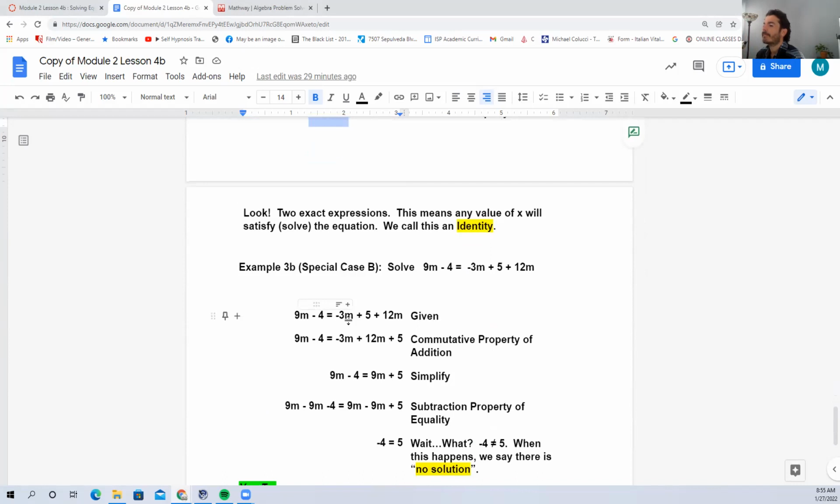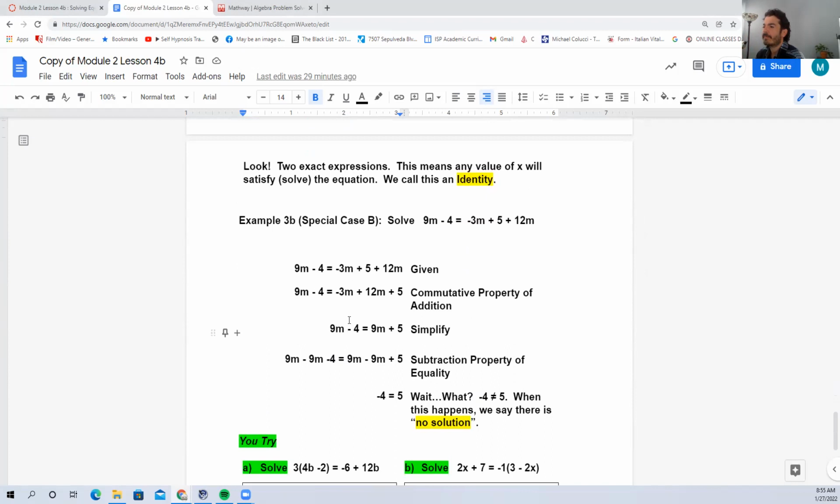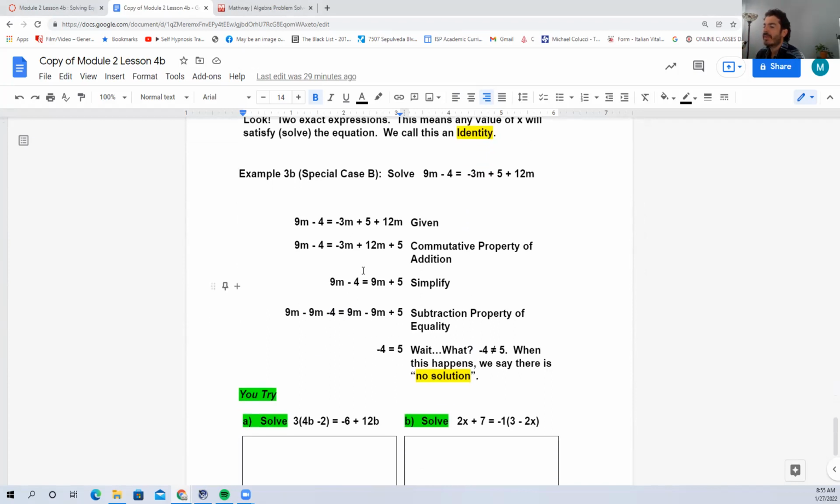Okay, so here's another example where they are doing some math here. They have this equation, 9m minus 4 equals 3m plus 5 plus 12m. And as they're working, they end up with 9m on both sides of the equal sign. They subtracted out, and what? They got negative 4 equals 5, which is not true, right? There's no solutions here. You just ended up with an incorrect